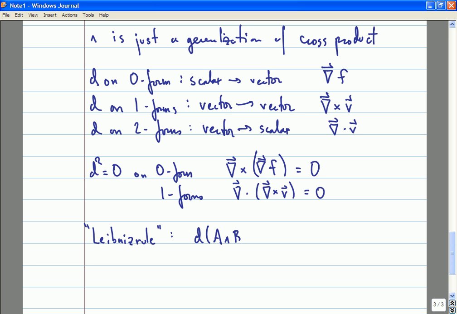This is rather easy to show. I won't bother proving it. But there's a funny minus sign that creeps into the Leibniz rule when dealing with differential forms. So this, for example, is something that you're familiar with in the context of three-dimensional calculus. For example, if you took D of the product of a 0 form and a 1 form,